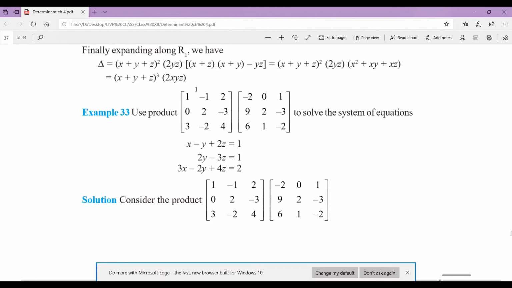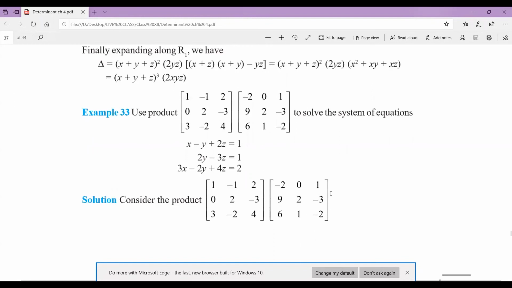Okay, so this is basically our A. The first matrix here is our A, but B is any matrix that is not related to our concept. We have to find the first product here. So what we will do is first find the product, as it says to use the product.